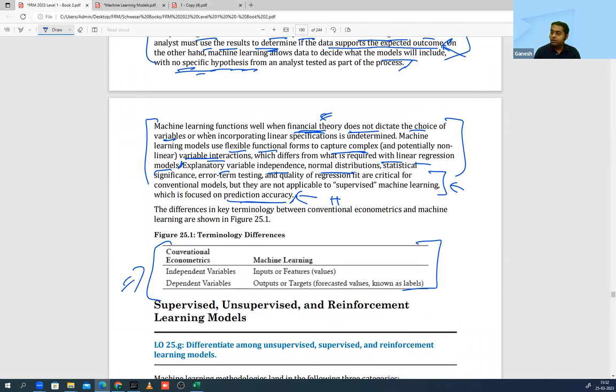Right? Now, we're going to be moving towards the next paragraph or next section over here. Okay, यहाँ पे just see the difference. Conventional model में we know what is independent, what is dependent. But the main point about conventional model was we know beforehand that independent variable can explain dependent. That is why I'm running a linear regression. Look at this, inputs and features.